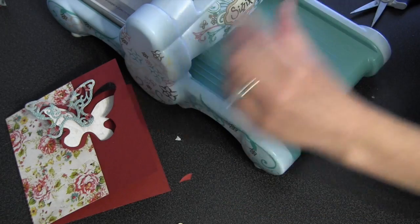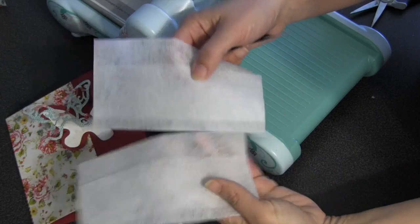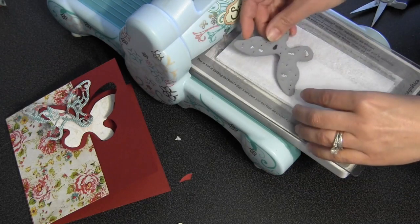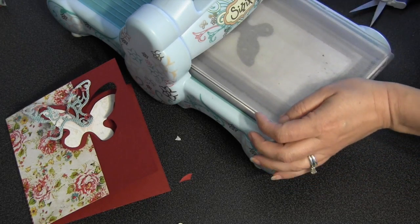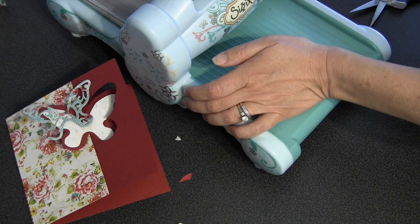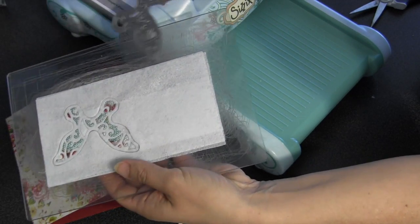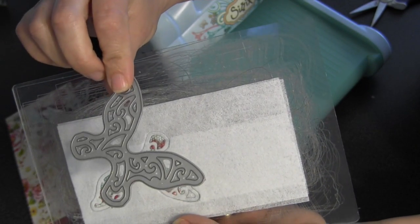But something that I discovered is that dryer sheets work really great for ejecting your intricate dies. You take 2 dryer sheets and pile them up on top of each other. What you're looking for is something that's thick enough that the die isn't going to try and cut all the way through it. Then you're just going to take your die that's filled with little paper scraps and roll it through your machine on top of those 2 dryer sheets. And what's going to happen is the dryer sheet's just going to grab all the paper. So take a look at what happened. It grabbed every bit of that paper out of the die, and then look, the die is squeaky clean,